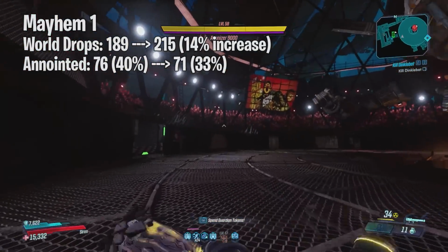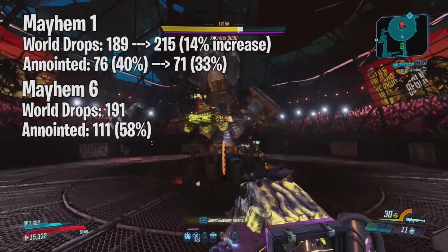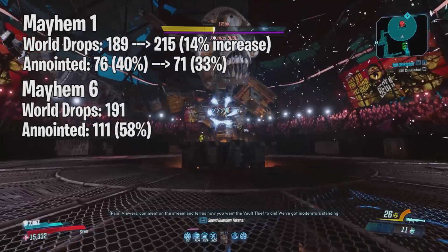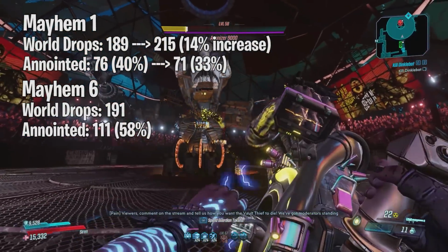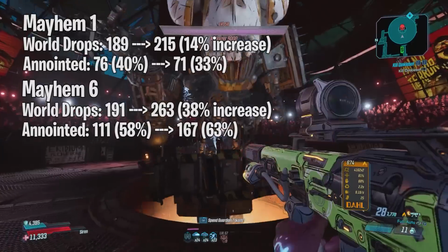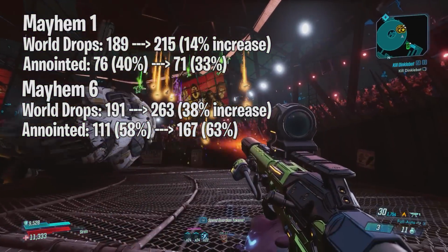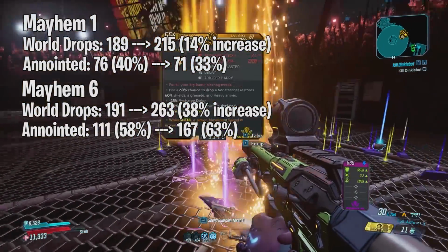Moving on to Mayhem 6. Before this hotfix, I got 191 world drops, and 111 of those were anointed, so 58% of the world drops were anointed. And after the hotfix, we went from 191 to 263 world drops, which was a 38% increase. This is a very significant increase, and the number of anointed went to 167, which means that 63% of the